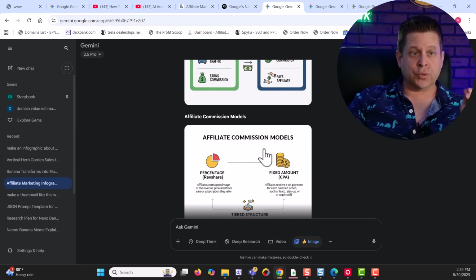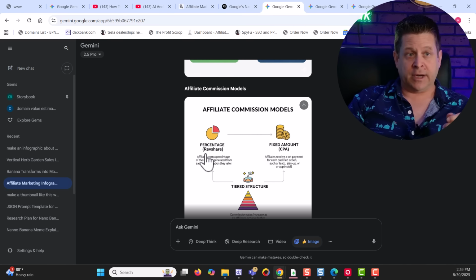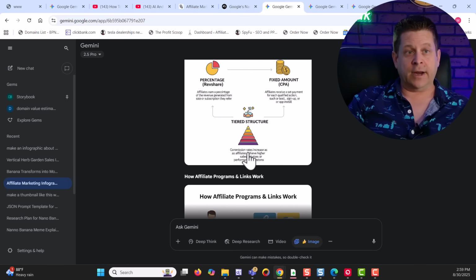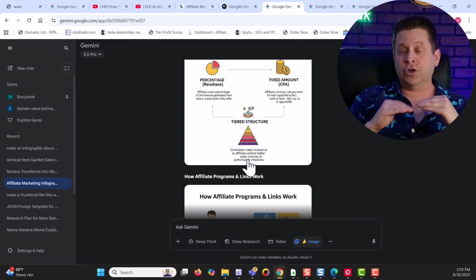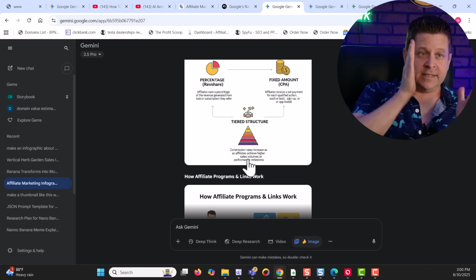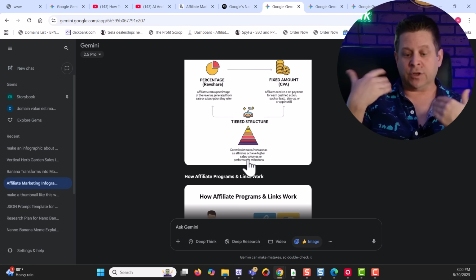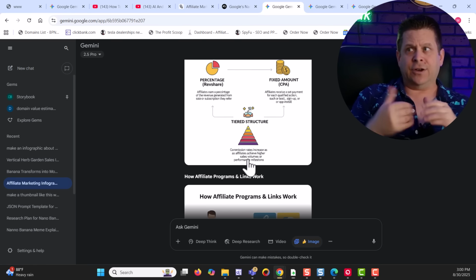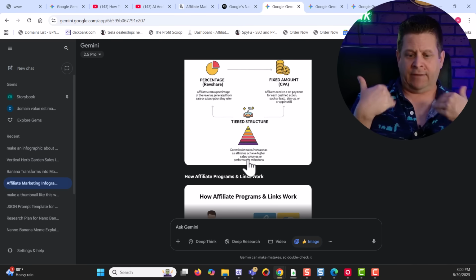Looking at this was really good. Here's another one, affiliate commission models, rev share, CPA, or a tiered structure. It understood my video and put it into these specific infographics. So when we're thinking about this, like, could I do this with a podcast? If I have a podcast,